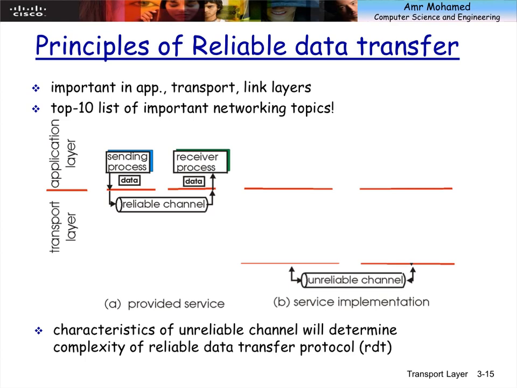Whether the unreliable channel is error-free, is lossy, is lossless, but it could introduce some errors, but it cannot lose the data, something like that. Okay, so the more assumptions you make on the unreliable channel of communication, the less work you need to do on the transport layer. So if the channel takes care of everything for you, then you don't have to do anything. Okay, what we are saying now is up in the air, but it will be very clear when we start talking about particular examples.